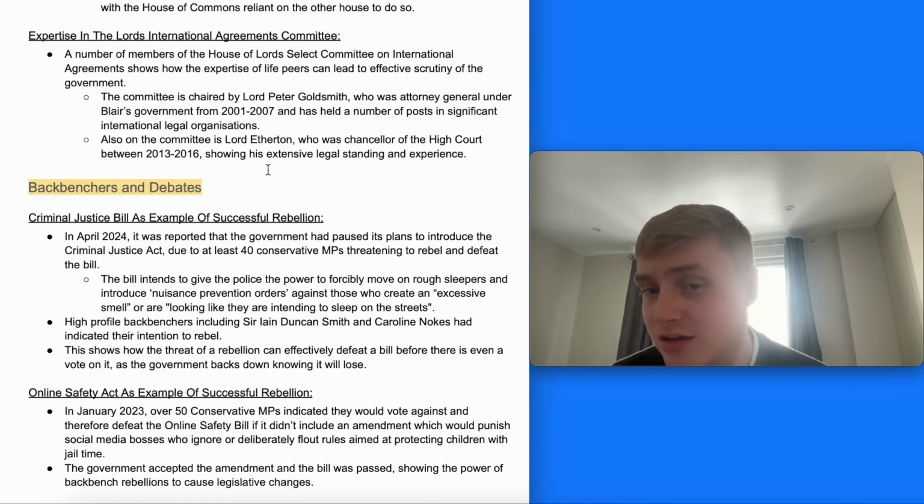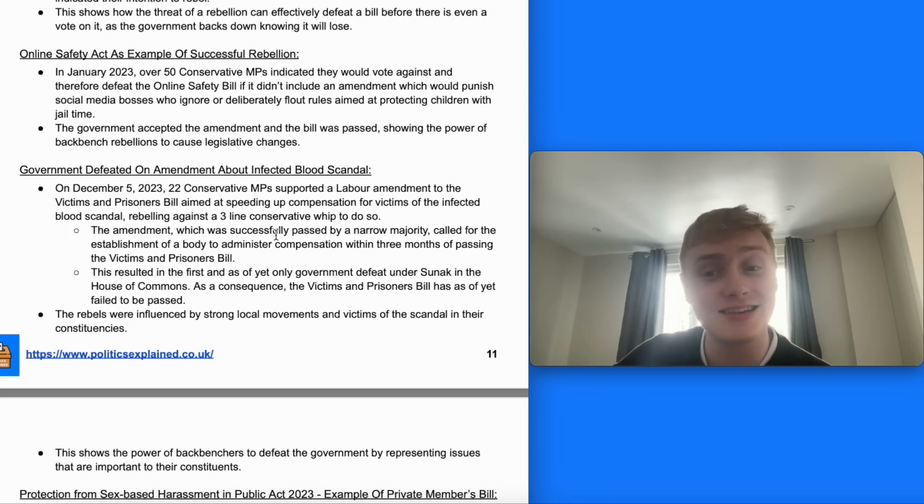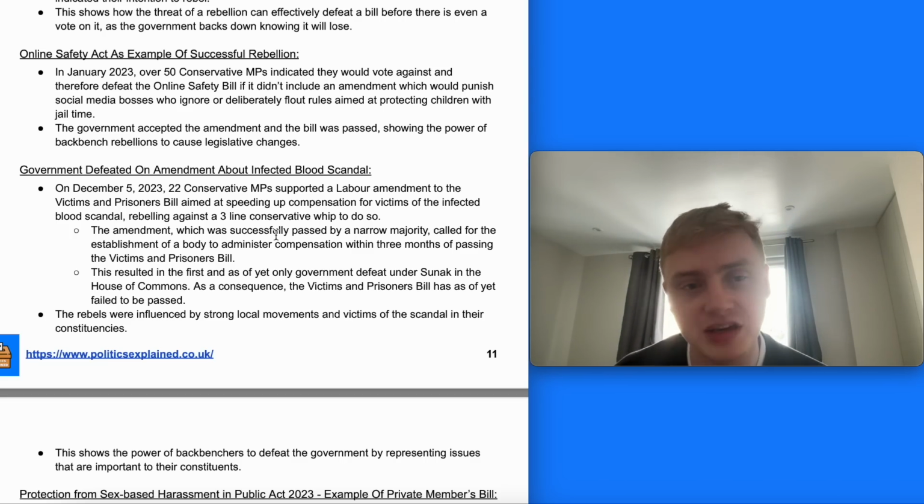And even though the current government under Sunak hasn't lost many votes, pretty much only lost one, which we're going to have a look at next actually, they can be defeated effectively and renege on a policy because they know they're going to be defeated. So the next example we're going to have a look at is this one government defeat under Sunak, and